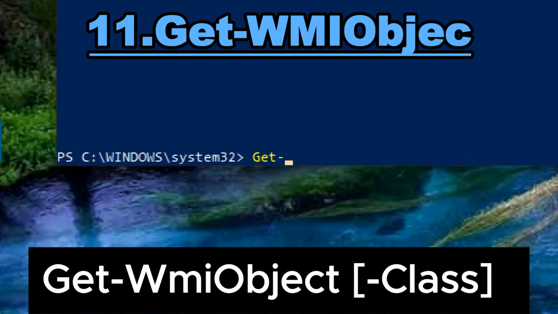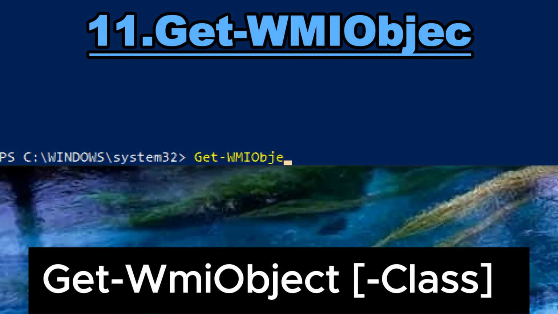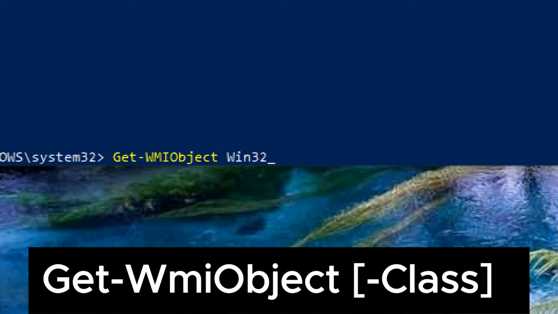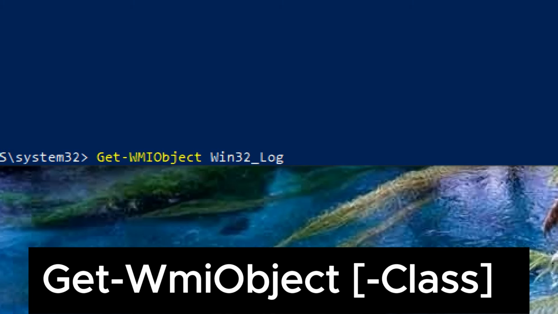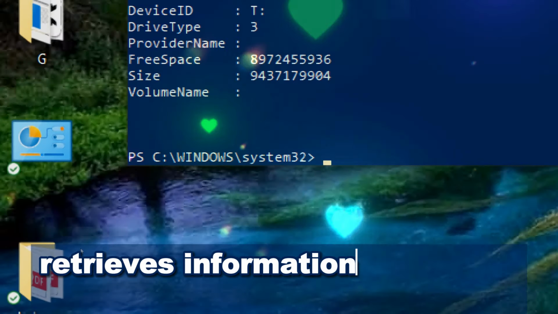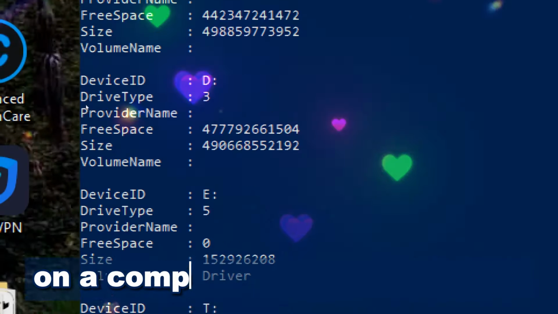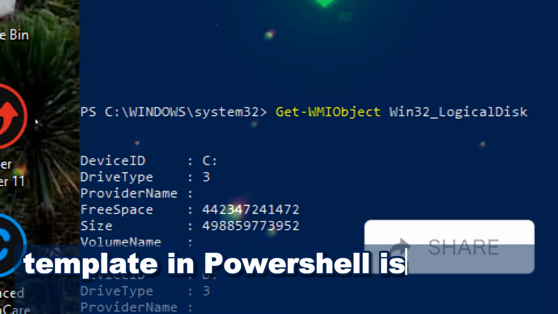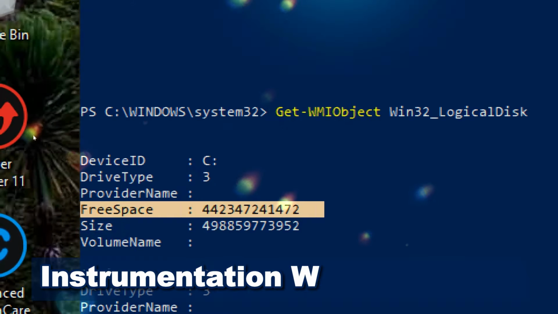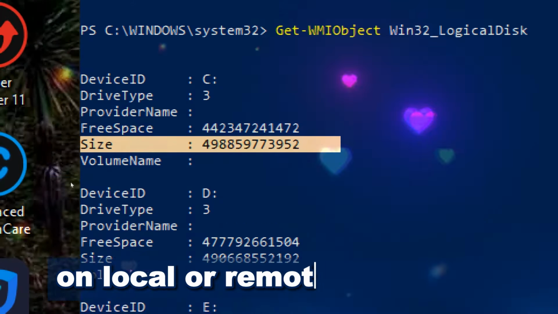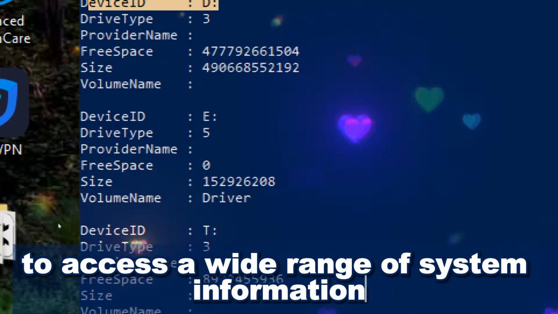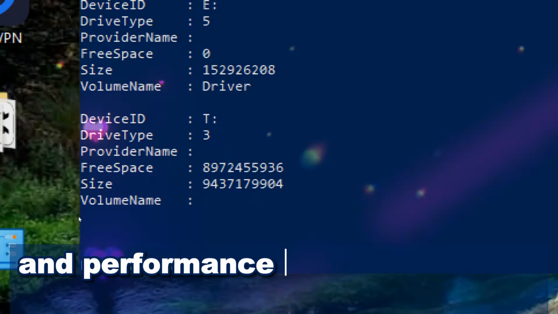Get-WmiObject. How to use Get-WmiObject: Get-WmiObject -Class. The Class parameter in Get-WmiObject specifies the WMI class from which to retrieve objects. For example, Win32_LogicalDisk. This class retrieves information about the logical disk drives on a computer. The Get-WmiObject cmdlet in PowerShell is used to retrieve management information from the Windows Management Instrumentation (WMI) repository on local or remote computers. It allows administrators to access a wide range of system information, configuration settings, and performance data exposed by